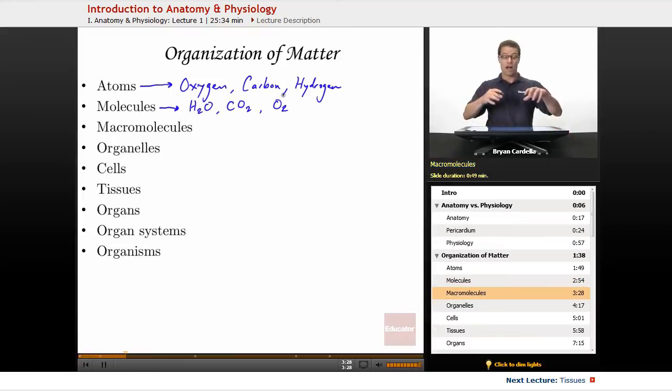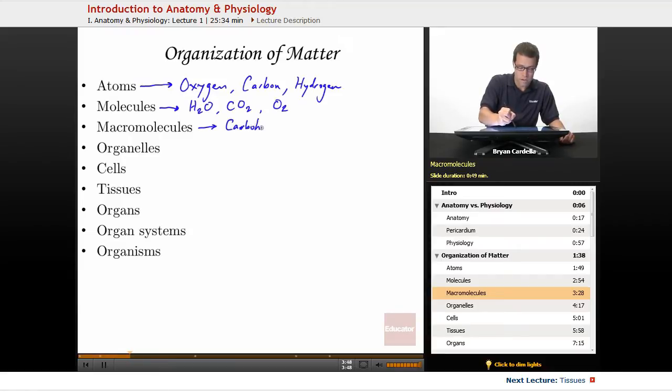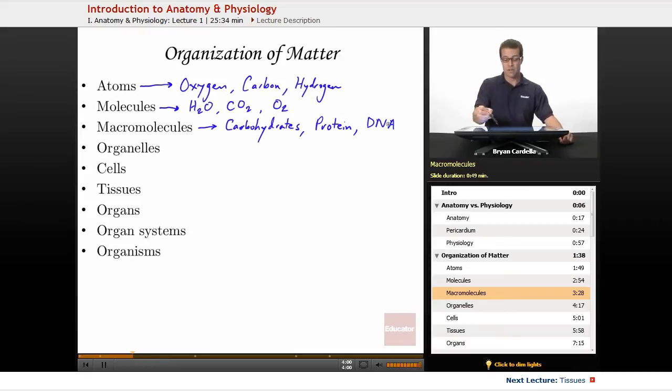If we take a lot more atoms and put them together, we're going to get what are called macromolecules. And macro means big. We're talking big molecules here. These are also known as typically organic compounds because they're carbon-based and have to do with life. Carbohydrates, also known as sugars. Protein, a very important one. And let's also list DNA. That's another macromolecule, RNA. These are all very big, lots and lots and lots of atoms, and these are the